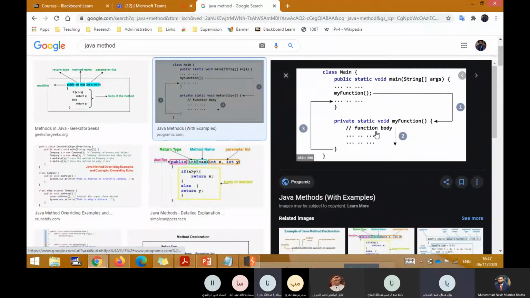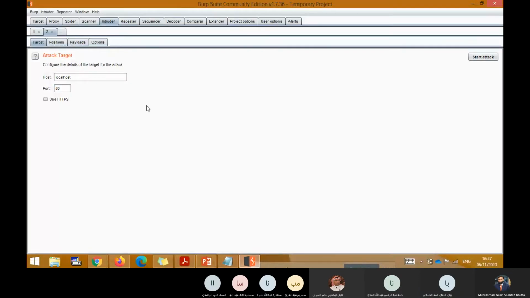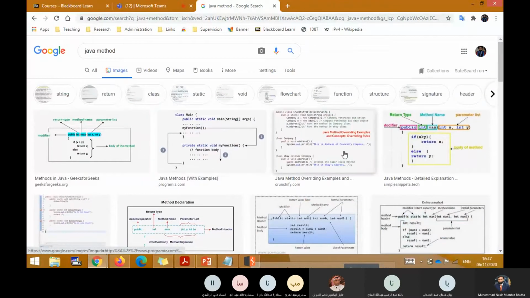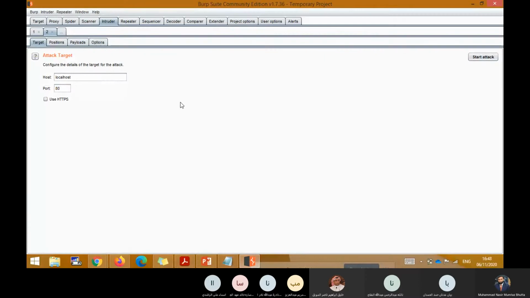Yes, doctor. Okay, so similarly, we need to create a program here in Burp Suite so that it can launch the attack successfully. When we call a function, we can pass parameters. Whatever is required by the function, we send those values so that the function can be executed. The same kind of programming we can do in Burp Suite. But obviously it's very easy. Burp Suite is just a tool. The program is created automatically for you. You just need to specify the things here.